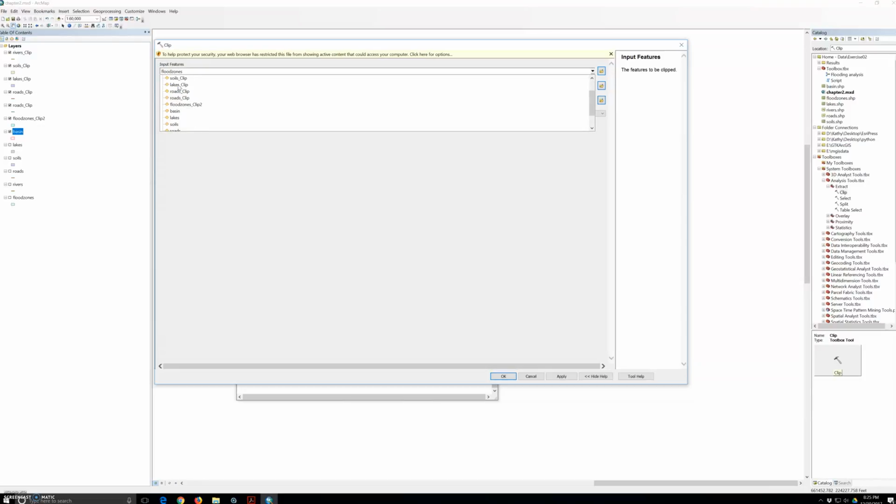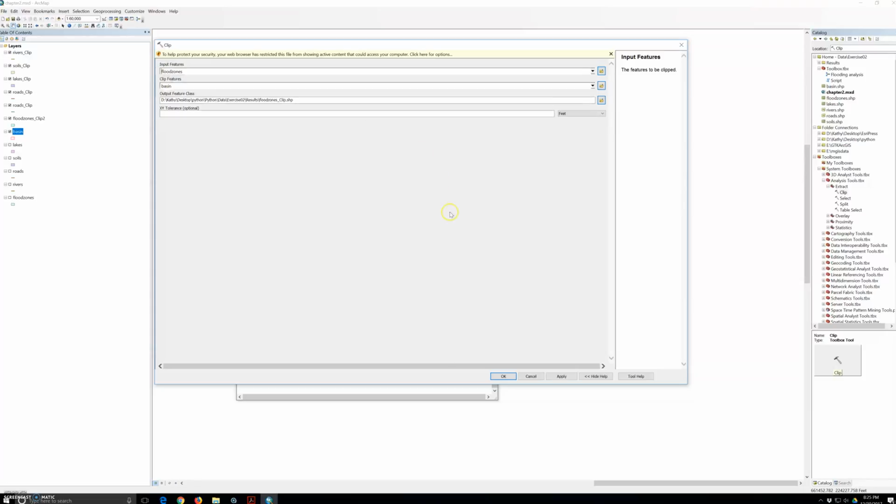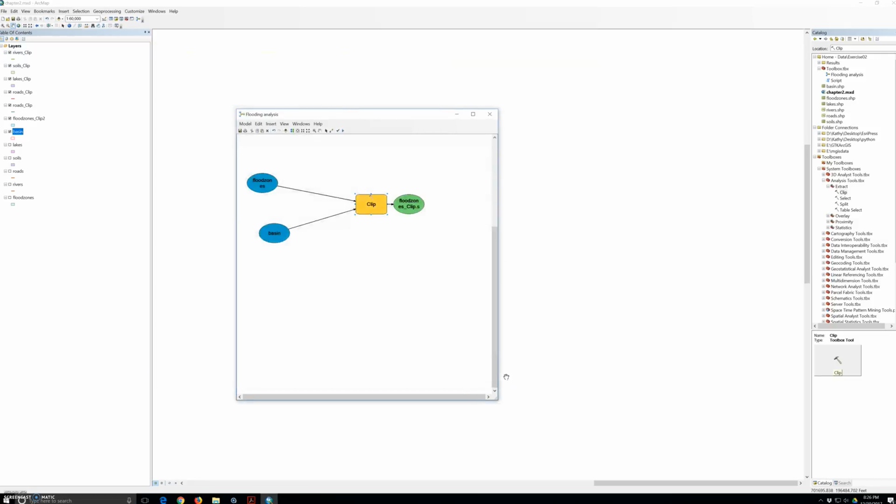Click the flood zone data variable, which is the one with a blue symbol in front of it, for input features, and click the basin data variable for clip features. The output feature class is already automatically populated. Then we click OK to close the tool dialog. And when we click OK to close the dialog